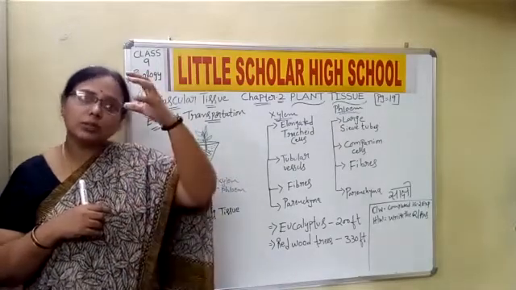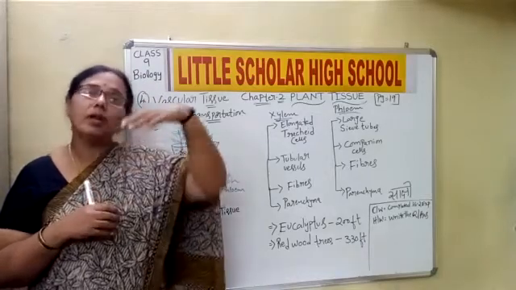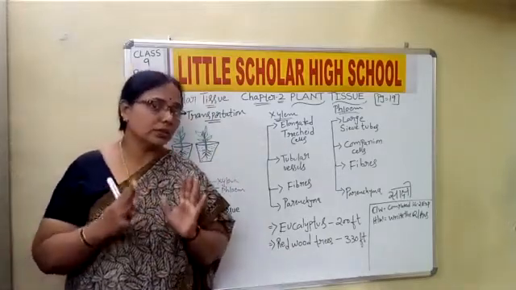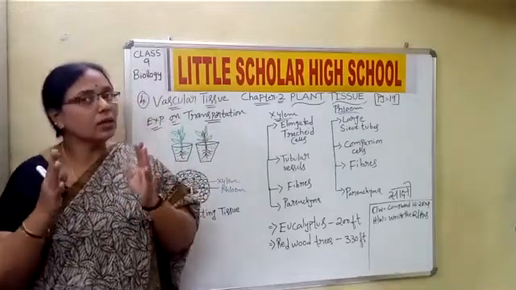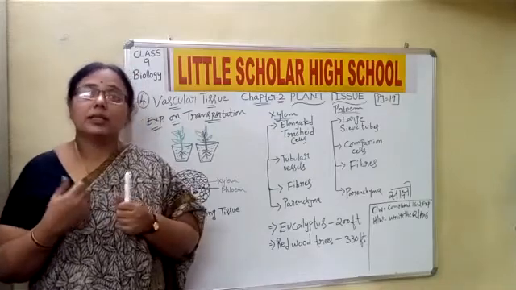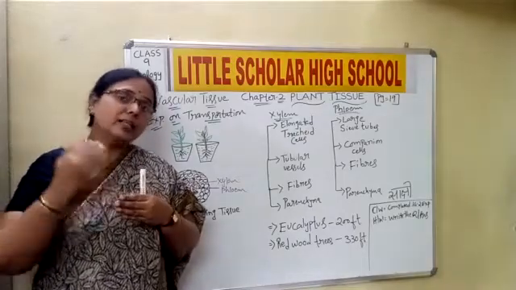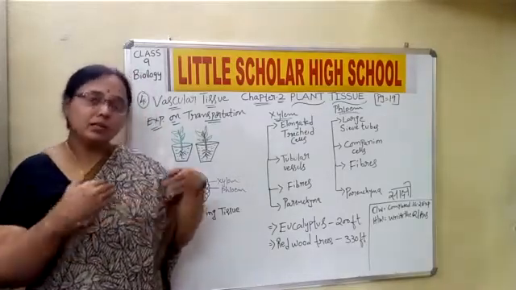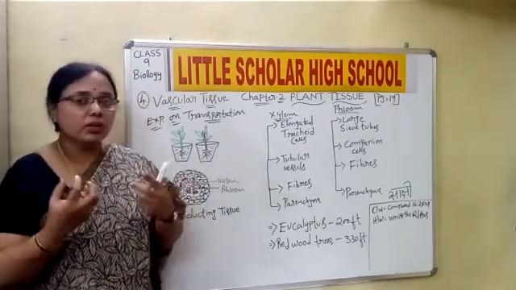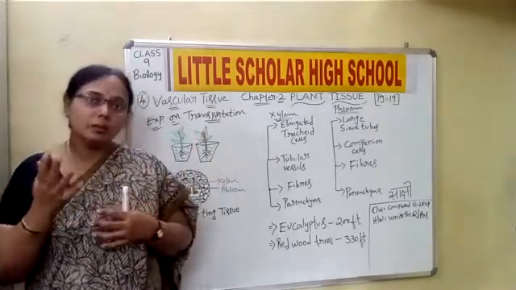Yes or no? So here also some tissues are present which help in the transportation of food from the upper part to the lower part. Okay, so here vascular tissues play an important role. Vascular tissues play a major role in transportation, and we can say that these perform the mechanical function in a plant. Yes, like in ground tissues we said they give the structural support, whereas vascular tissues form the mechanical support of the plant.